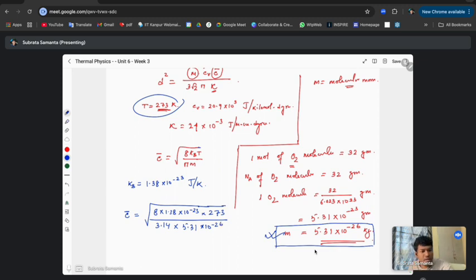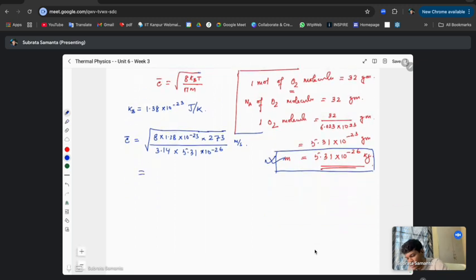So all are in SI unit, so it's the value of C average in SI unit. The unit of C average is basically meter per second, right? So just calculate numerically using calculator. Okay, it gives 425 meter per second,